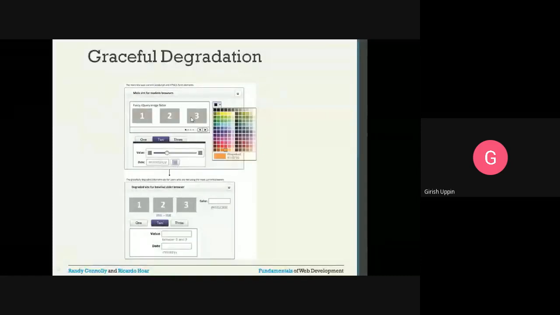And let us say the user is accessing this web application with an older version. Then you will gracefully degrade. Instead of the color HTML control, which is the HTML5 control that we have already seen, you will provide just a text input, and you will provide information about what data is to be entered. Basically, the users have to enter the RGB data here, and you will take it as a text or a string. Similarly, the range control is replaced, and the date.